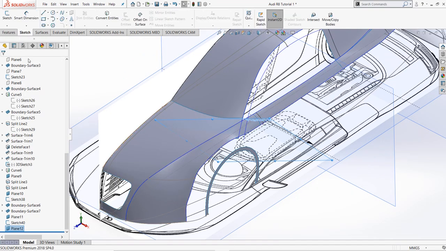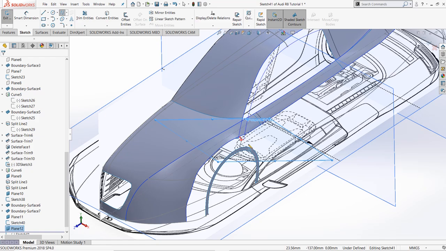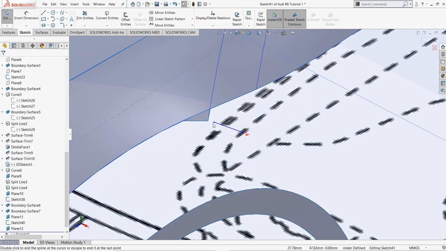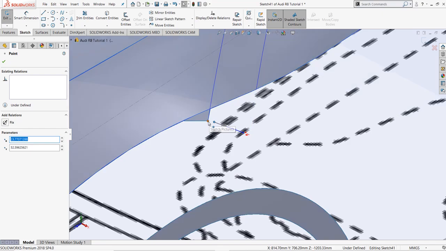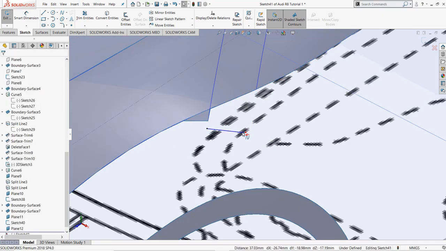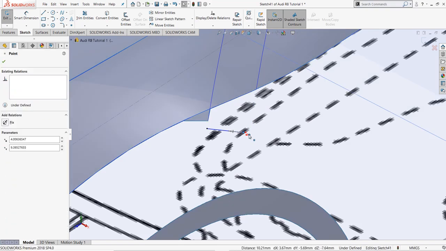Now select the plane and click sketch. Draw a spline from over here to here. Select these 2 points and give coincident, and same, select these 2 points and give coincident.